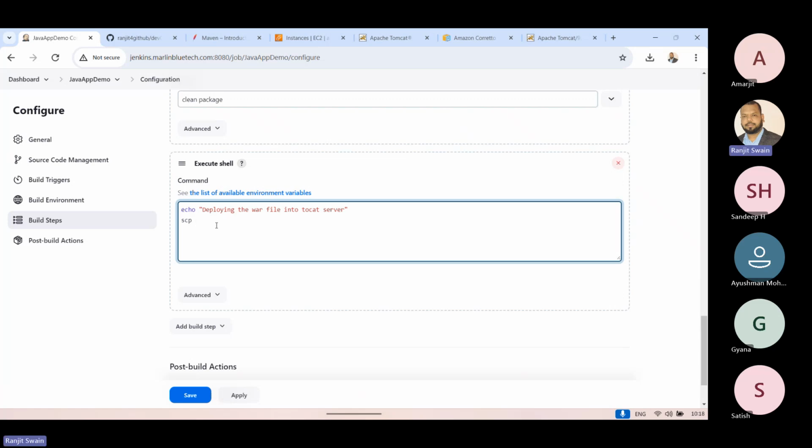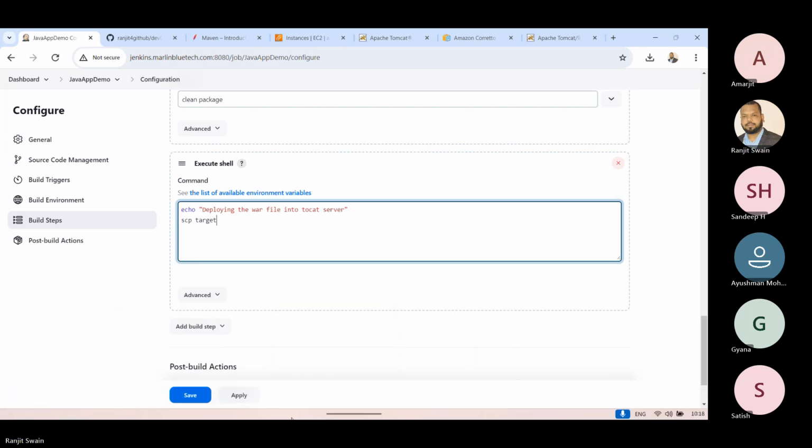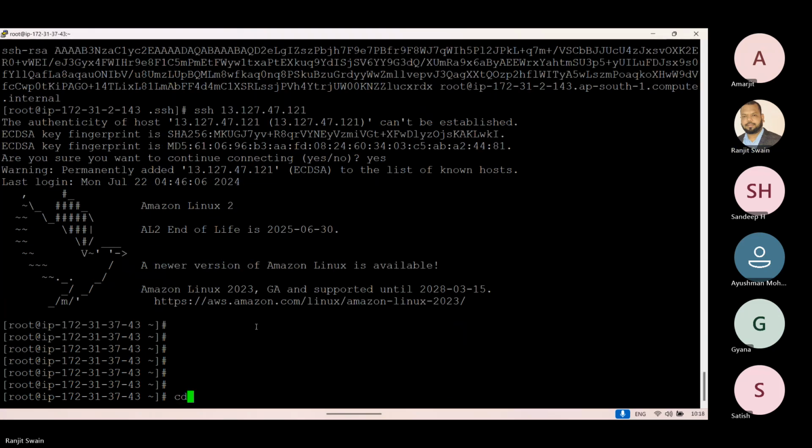The file will be there in the target folder of the home directory, right? So if I go to the Jenkins now, if I go to the Jenkins, so here cd /var/lib/jenkins,